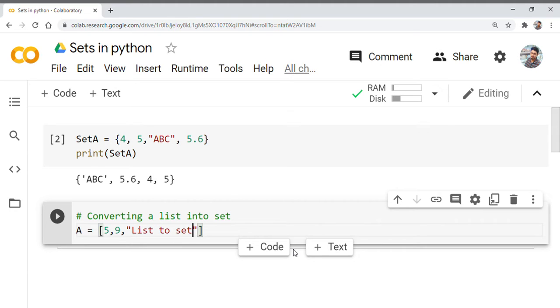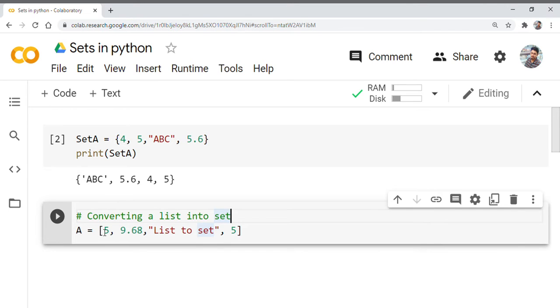Some random string, one integer, one floating value, and one string, everything separated by a comma. Let us add one more element, which is 5. Basically I am trying to create a list with 4 elements in it.